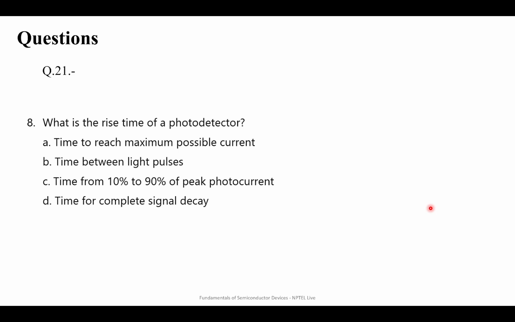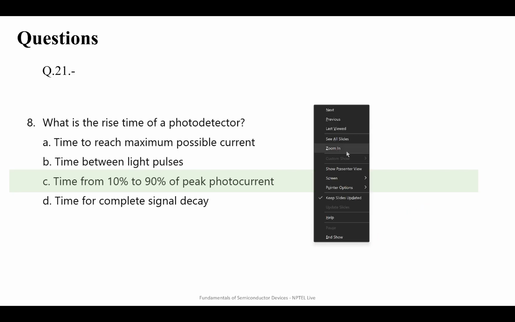What is the rise time of a photodetector? Time to reach maximum possible current, time between light pulses, time from 10% to 90% of peak photocurrent, time for complete signal decay. So you are correct: time from 10% to 90% of peak photocurrent. So like I was showing,